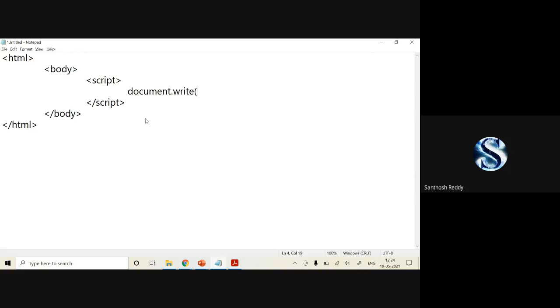So what I'll do, if you want to frame the table, must and should you have to start with the table tag. So table border is equal to, I'll specify 3 pixels. Okay, border is equal to, I'll specify 3. Now it is done. So directly I can write 3. Okay, this is table. Under the table, I have to specify the row.